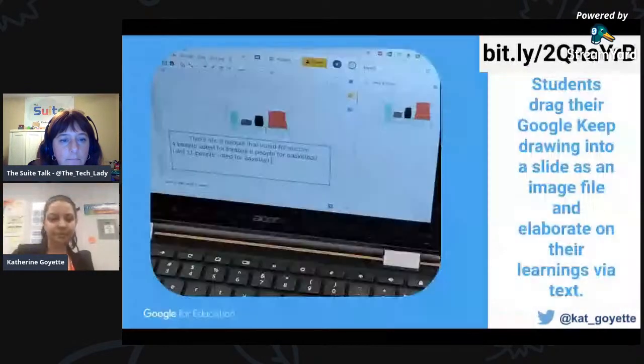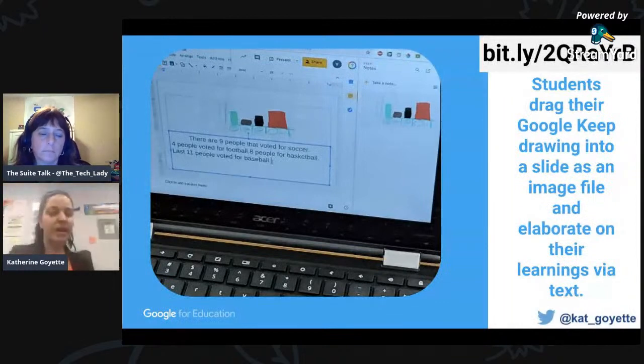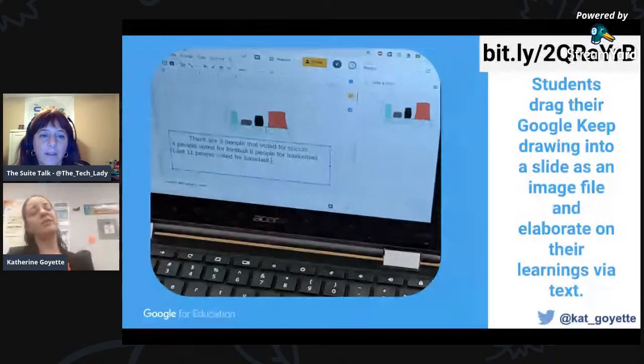And then they opened up a Google Slide. And you could do the same thing on Docs. So you can see on this picture, they opened the Google Slide, they clicked on the Google Keep logo, dragged it over, and then they were writing about their observations from the graph. So really cool integration. This is great for science as well, because in science, there's a lot of visual modeling. And so kids can draw a visual model, they're making the unseen seen, and then they can write what they notice and what they wonder.